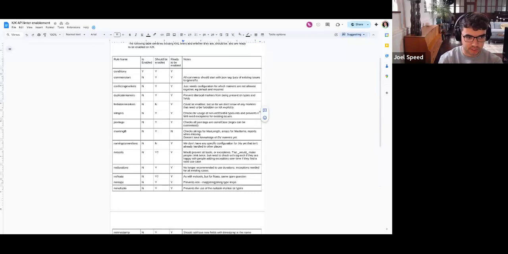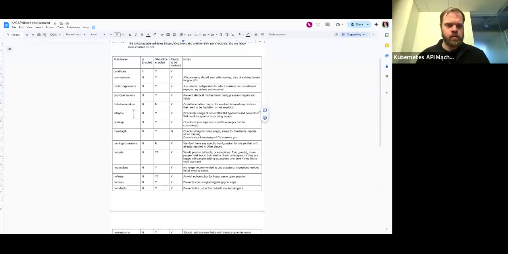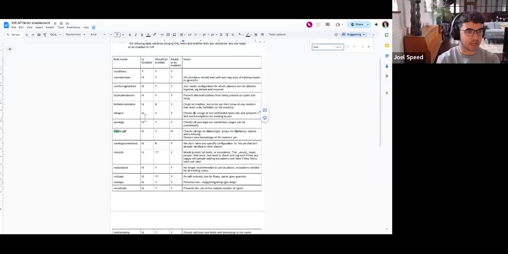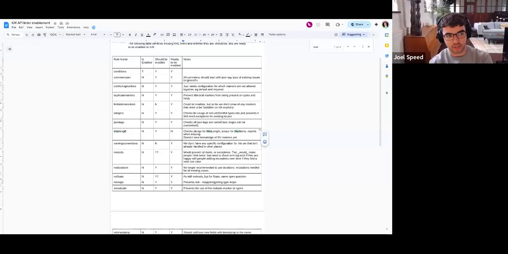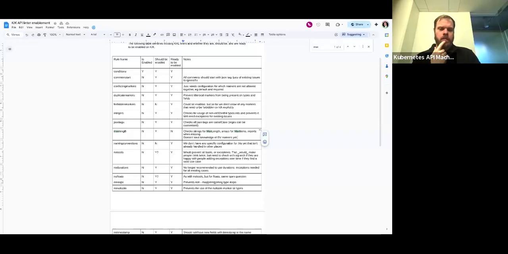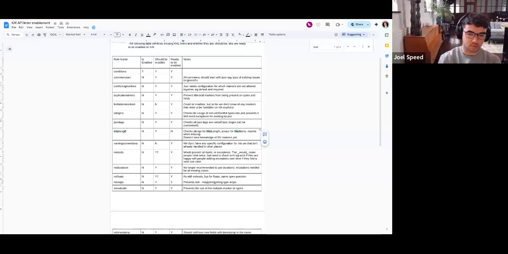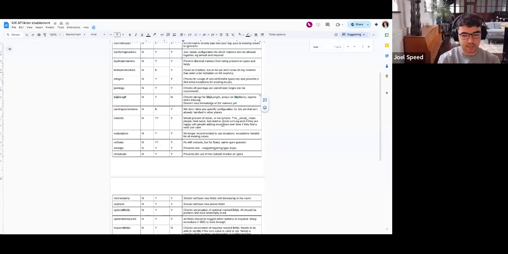One example I can see on the screen is the max length. What that does is make sure that every array you specify and every string has a maximum length specified. I think DV supports that, but Cal doesn't currently support DV's implementation of that. Further down in the doc, the next one is the required fields linter.